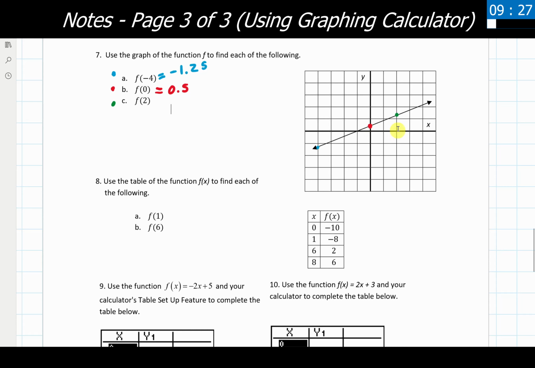And our last point looks like it's at, I don't know, 1.3, 1.25, something around there. Looks like it's maybe a little bit more, over a quarter of the way there. But you know what? Again, this is just an estimate. It's hard to eyeball these things and know we have an exact, very specifically correct answer here. So do your best to estimate these things as best you can.